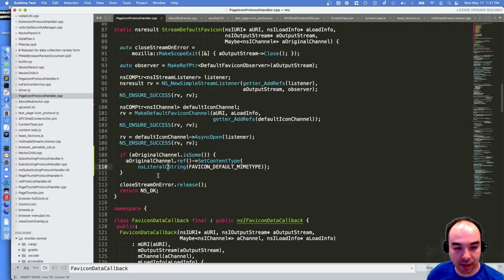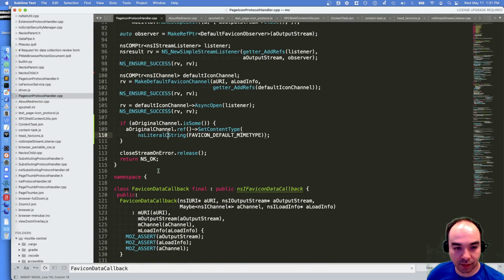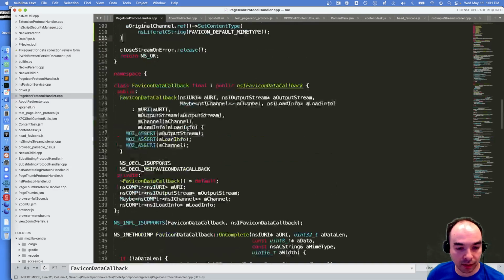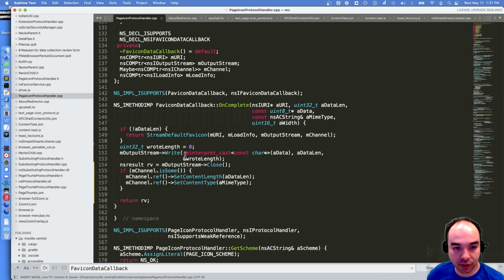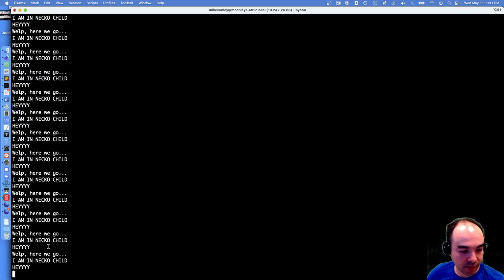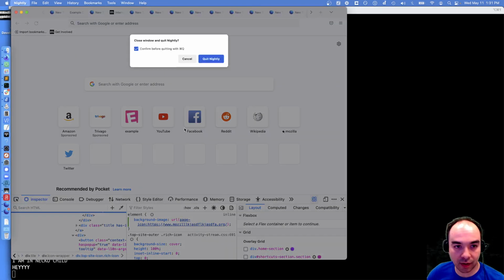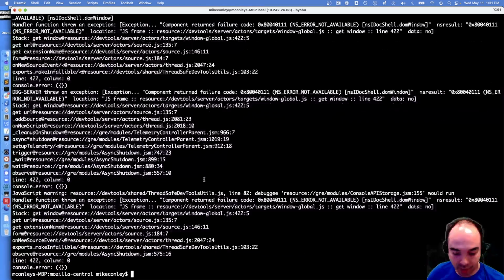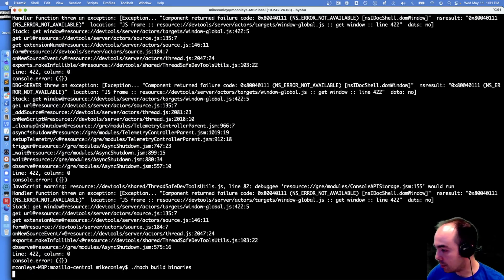We might not be able to simulate this perfectly for the default favicon case. Sync open listener. But at least we can do it in the non-default icon. Here's some silly logging I've put in before. You can just ignore that. So let's build. See what happens.